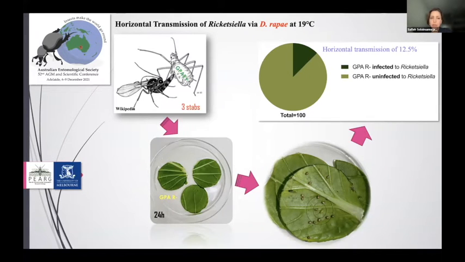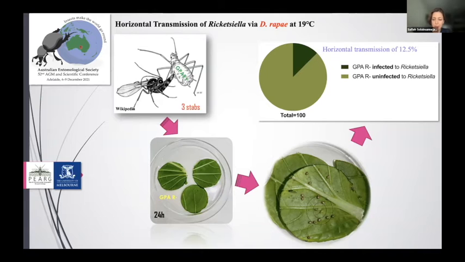So we put one female of the Rapier with a GPAR plus, and after 3 stabs, we transferred the wasp into new petri dishes with GPA uninfected lines, and we left the wasp for 24 hours. Then we removed the wasp, and we let the aphids become mummies. The alive aphids were screened with qPCR for the Rickettsia density, and as you can see, there was a horizontal transmission of